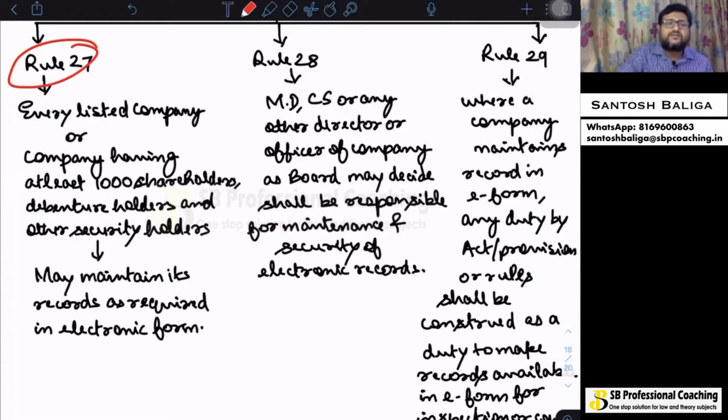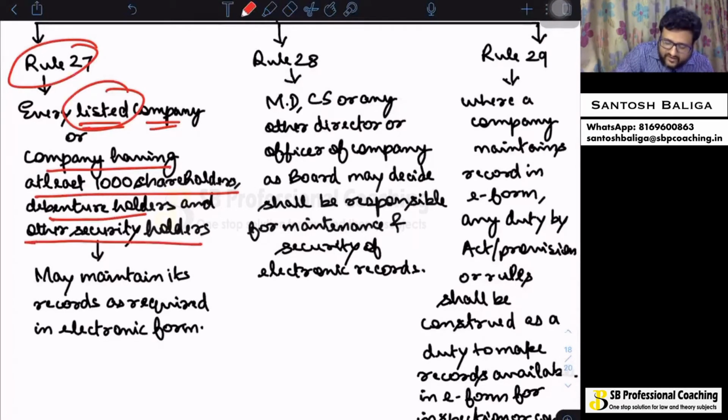Rule 27 tells us that every listed company, we all know what a listed company is: any company which has its securities listed on a recognized stock exchange is a listed company. Or any company having at least 1,000 shareholders, debenture holders and other security holders in aggregate, a total of 1,000, then the company may maintain its records in electronic form.